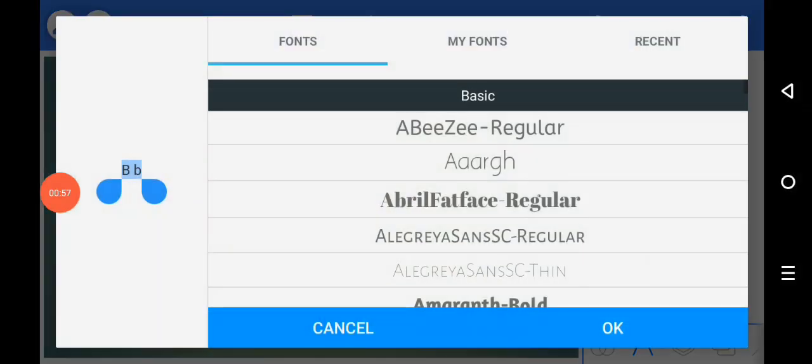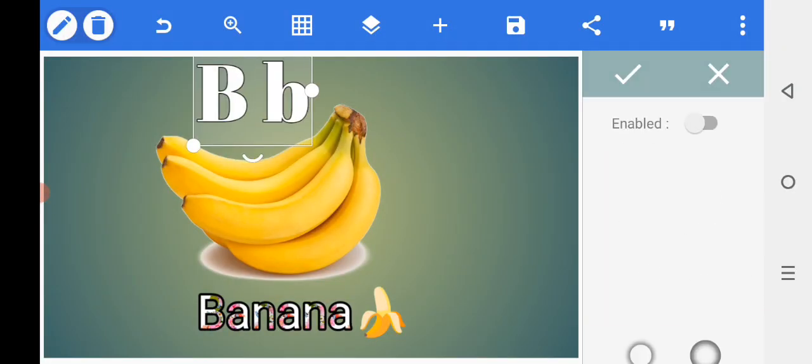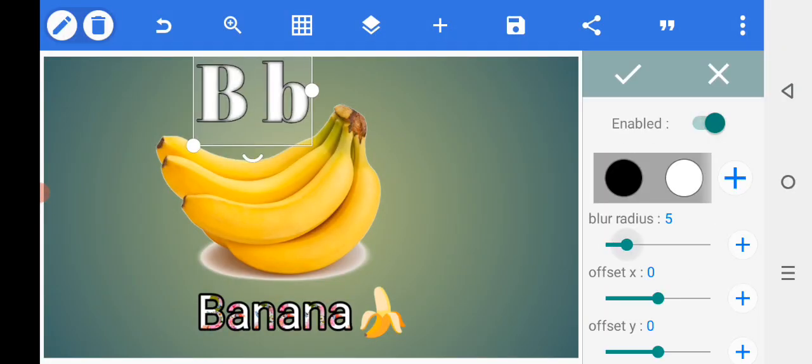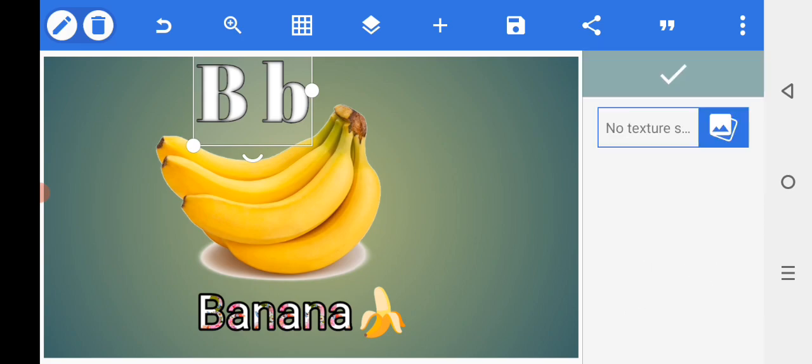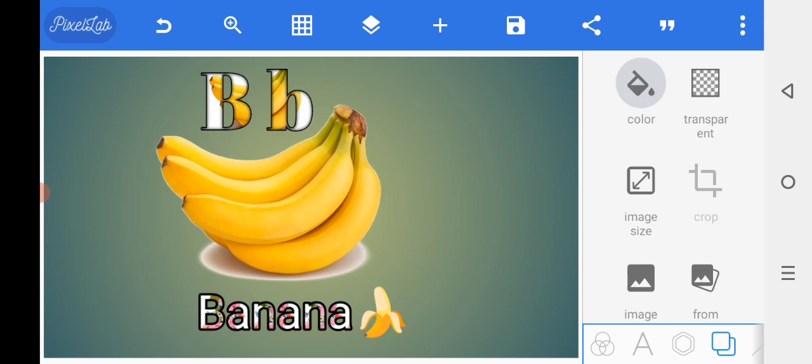Select the font option, adjust the font. Select the stroke, enable the button, adjust the color. Select the shadow, enable the button. The texture, go to the gallery, select the picture, adjust the picture, change the background color,